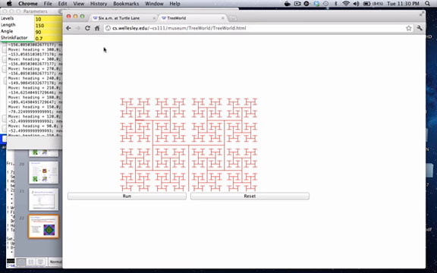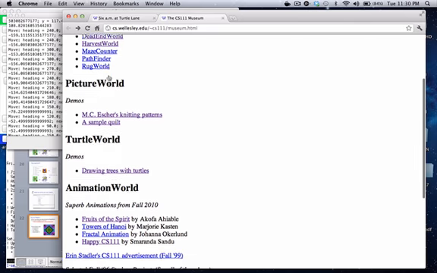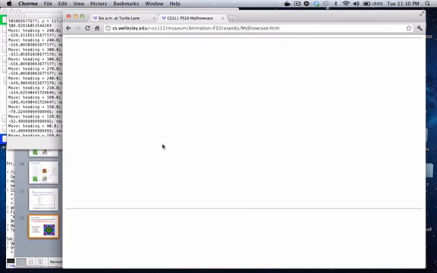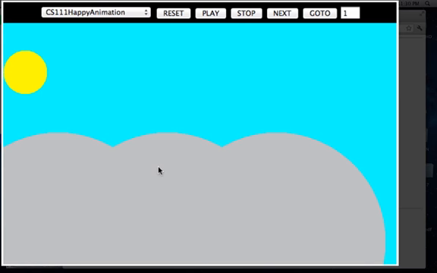And one of the final microworlds that you will look at in this course is something called Animation World, where you can make your own animations. For instance, here is an animation made by Smaranda Sandhu, who's one of our TAs this semester. If we play her animation,